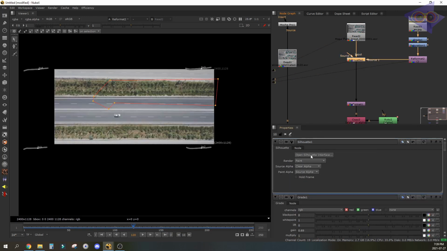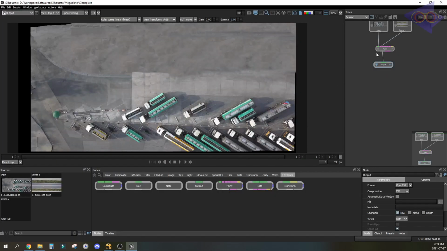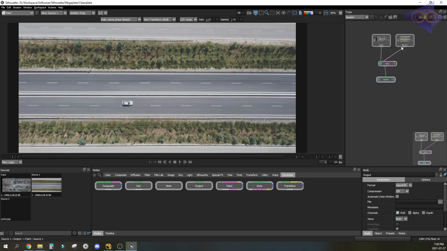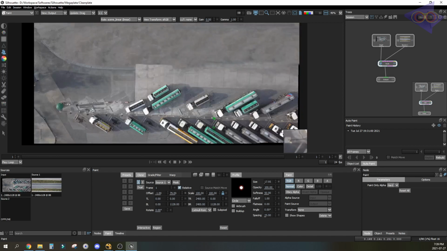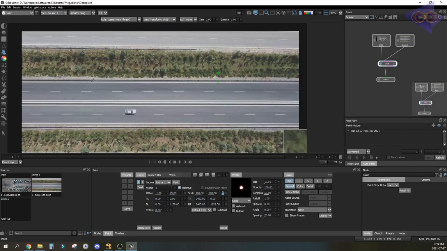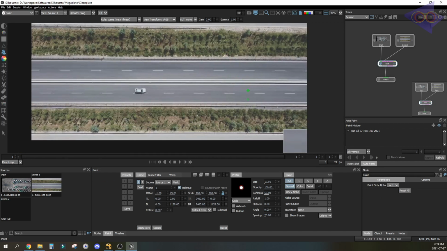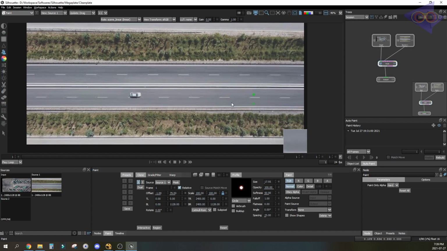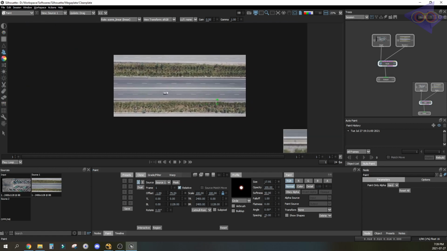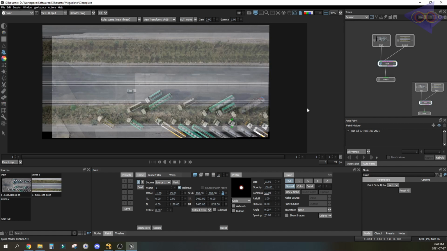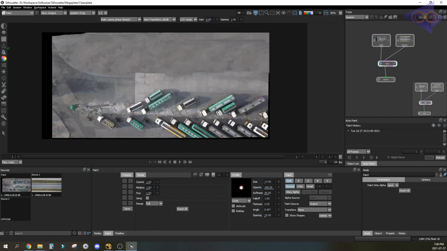Jumping back to Silhouette. Now we have the source reference. Click on the paint node. Always follow this workflow when you have a reference for paint. Now we have to match this reference to the area in the CP. You can use the caps lock key to match it with the onion skin. It matches as per our need.